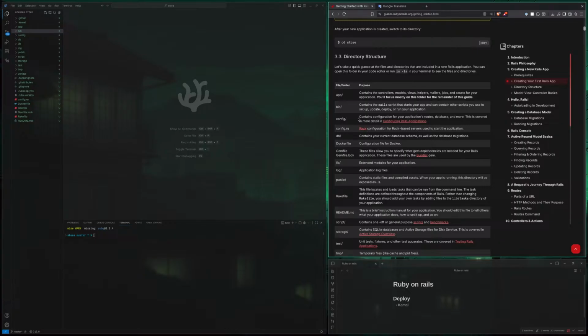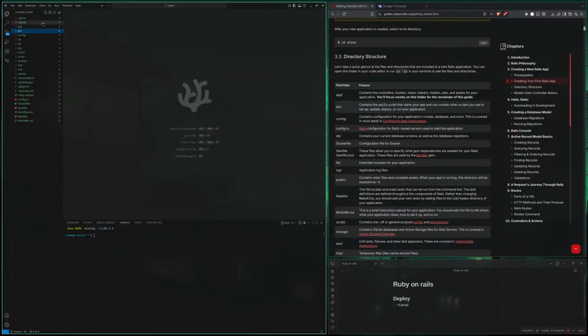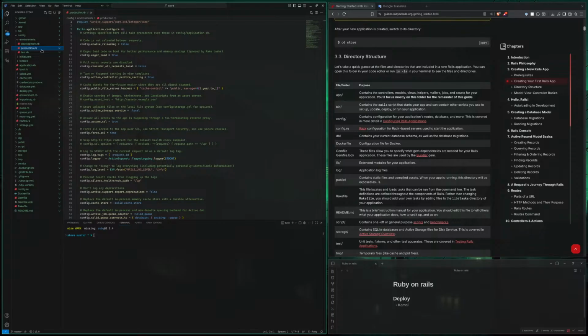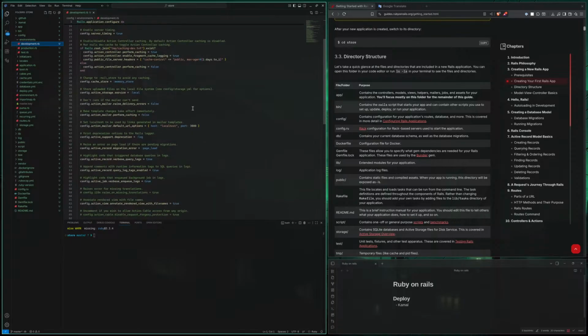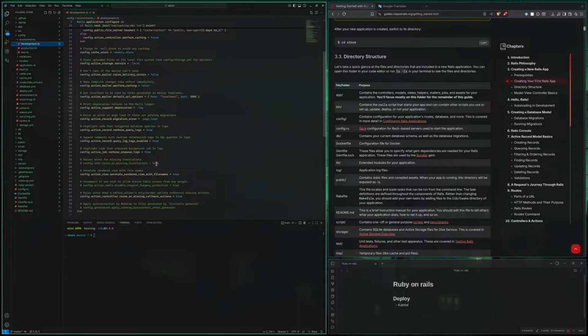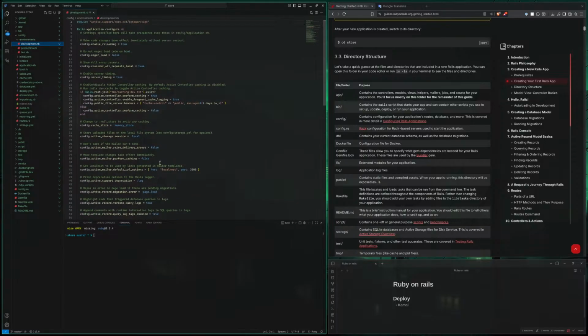Config contains configuration of your application's routes, database, and more. This is covered in more detail in Configuring Rails Applications. We have environments, development, production. Jesus, they like comments. Is this the same?